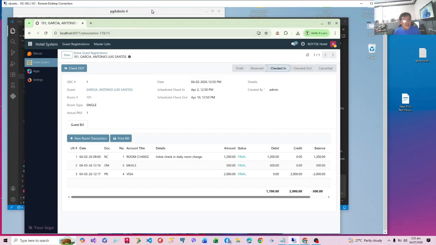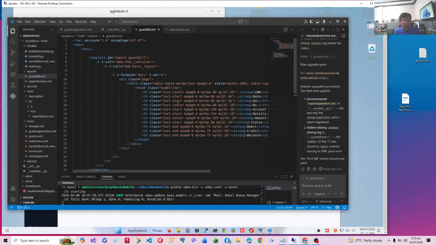Let's go to our VS Code and then update the report. This is our header. Now let's put the body. In any table, the body will be placed in a t-body, just like an ordinary HTML. So therefore, we also have to end with a t-body. Save this, because sometimes Copilot will change it.